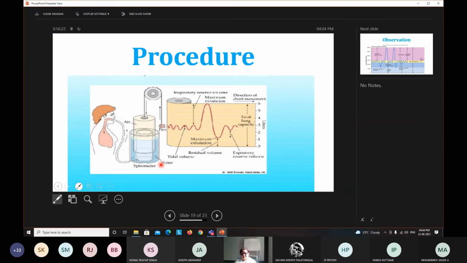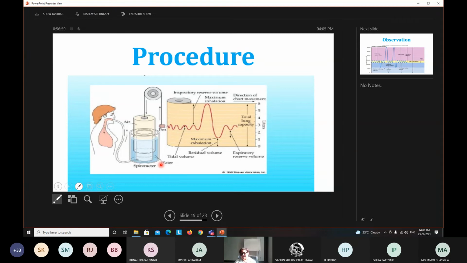What is the importance of it? All that you have studied in theory class. This will help in exchange of the gases, and it prevents the collapse of the lung. If all the air comes out, then definitely the alveoli will collapse. So some amount of air remains even after the forceful expiration. That helps to keep the alveoli expanded, and also helps in gas exchange. So that is its significance. So residual volume is very important. It is around 1200 ml normal value.